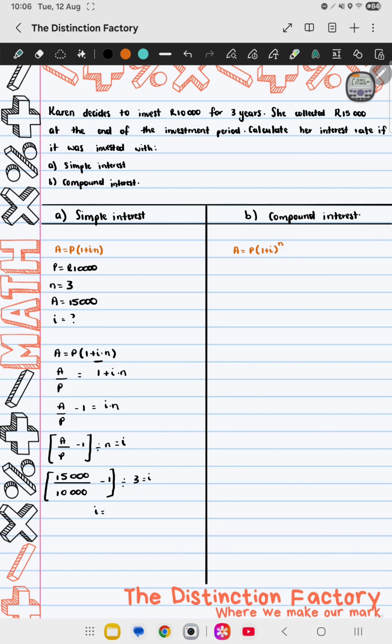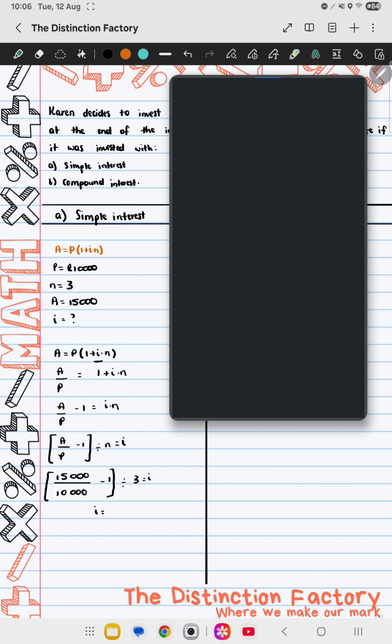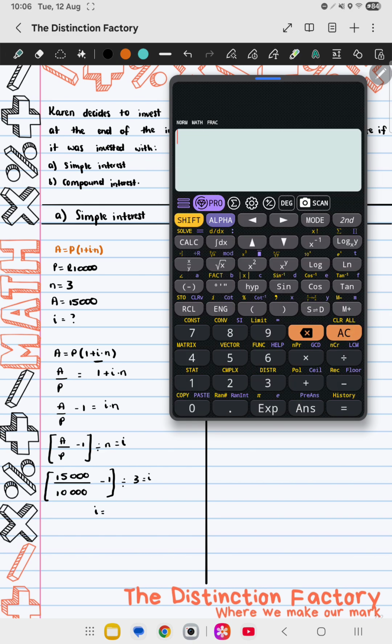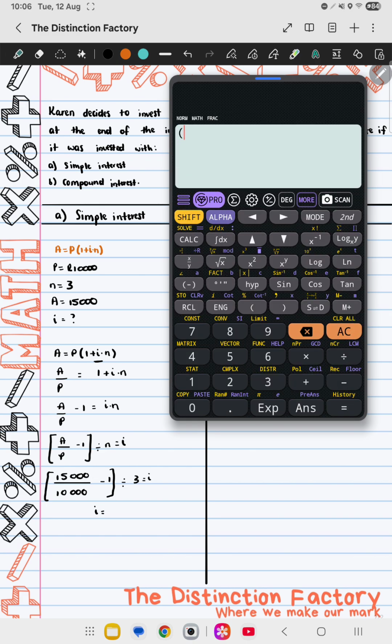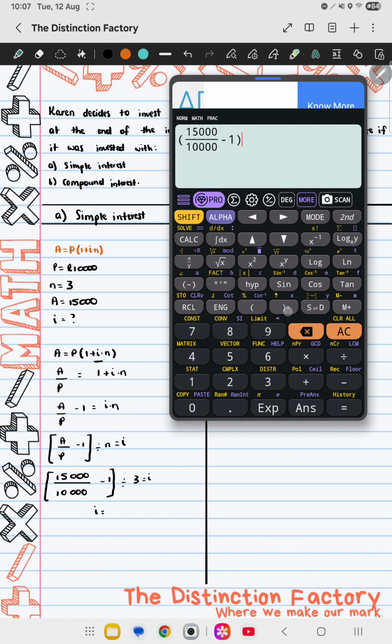Okay, so from here, I can go ahead and type it into my calculator. I'm going to put open brackets and the 15,000 with the fraction button so I can make it over the other 10,000 that we've got for P. Exiting the fraction, I'm going to put my negative 1 and the entire bracket is divided by 3, which equals